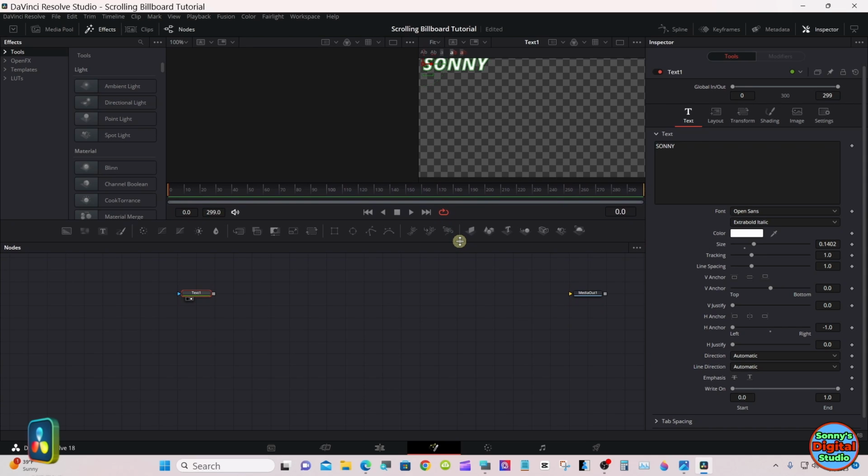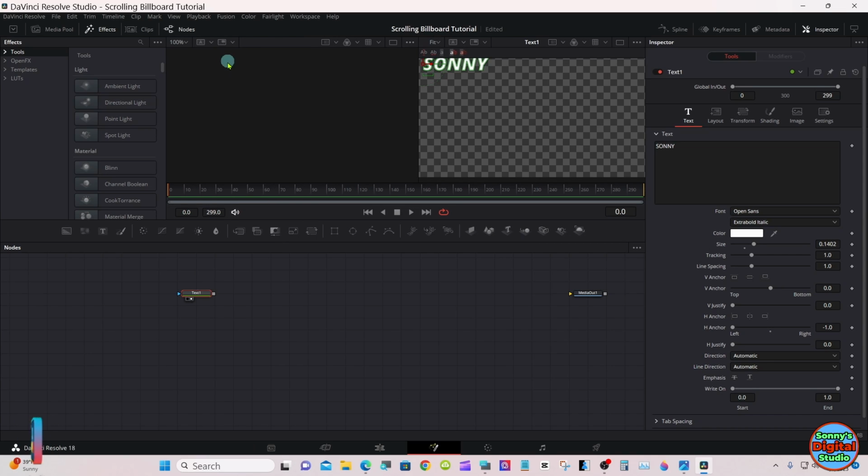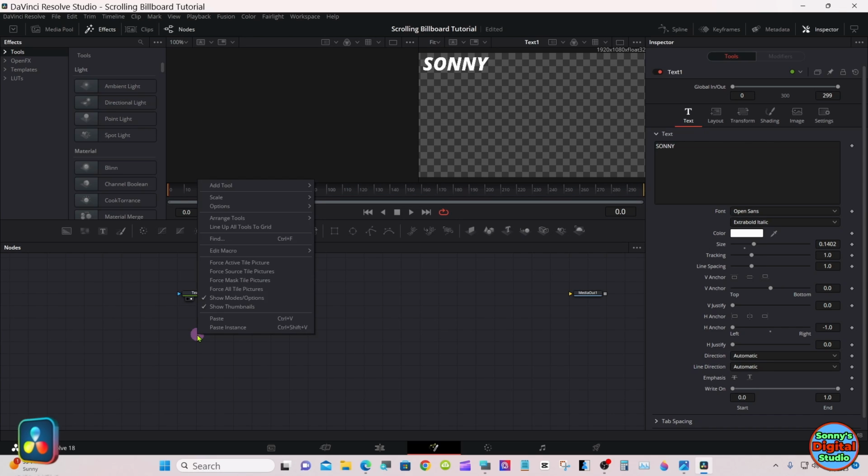And go back to the viewer. We want to make an instance with this text here. So right click, go up and copy. You can use your keyboard shortcuts too. I can't do that. Click right here, make sure nothing's selected. Right click,